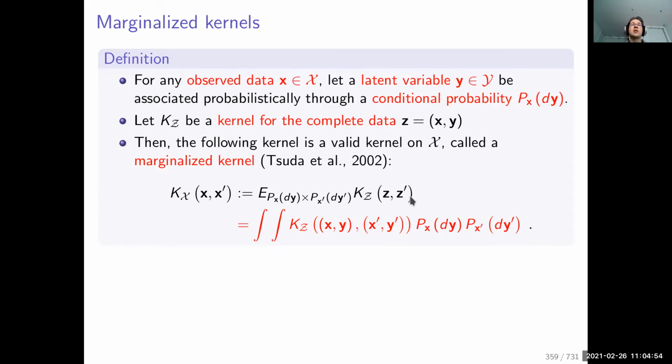Well, assuming that all of these quantities make sense and you are allowed to compute these expectations, you can simply compute the expectation of the kernel with respect to the latent variables. So in some way, you marginalize with respect to the latent variables. If you have a model and a kernel that allows you to do this efficiently, then you also get a kernel to compare X and X prime.